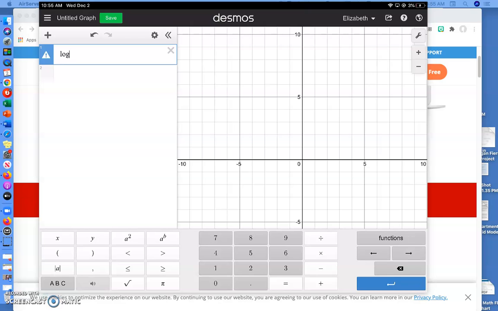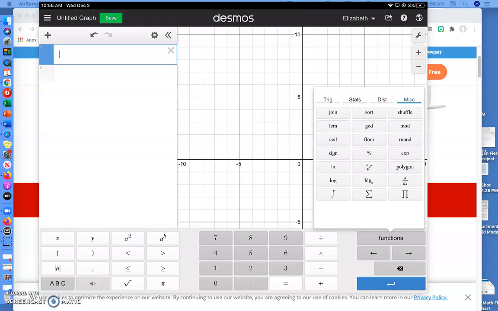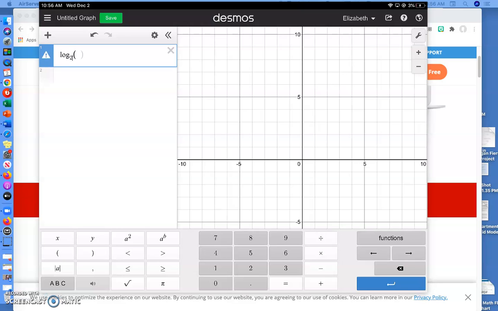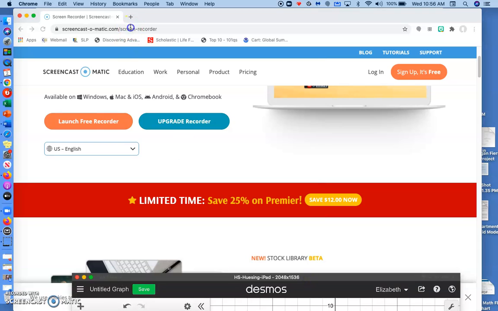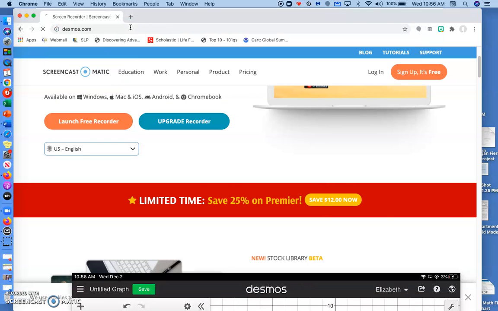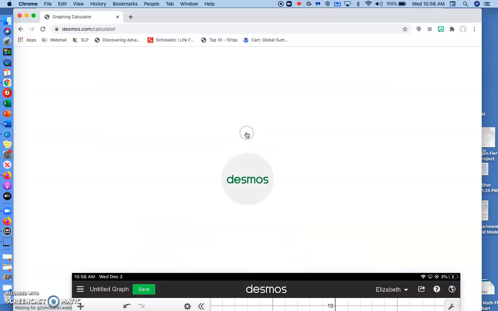Oh shoot, I am on iPad. So let me drag you over the screen. If you have an iPad, it's in different places. If you have an iPad that you're doing this on, or I believe it's on your phone, under Functions, you'll see it comes up with log base 2 of 5, and it evaluates the answer. If you are not on an iPad, which is how most of you are doing this, on a computer, let me show you where it's at. So if you go to Desmos.com,